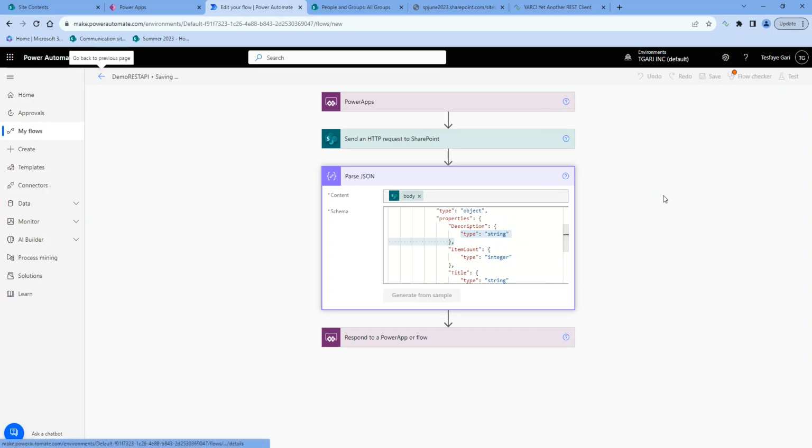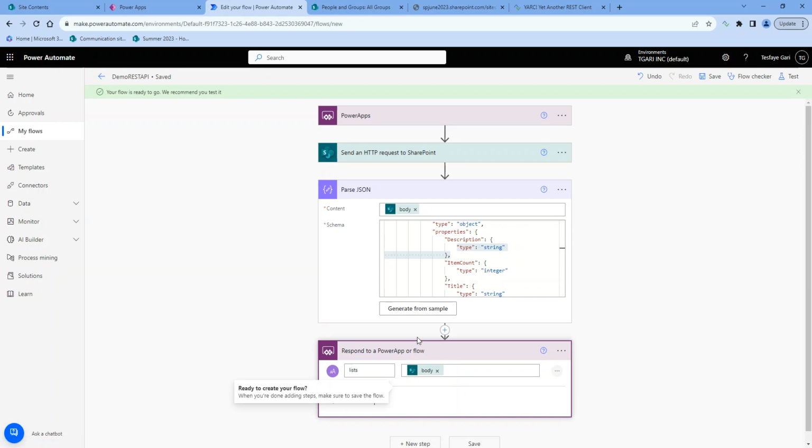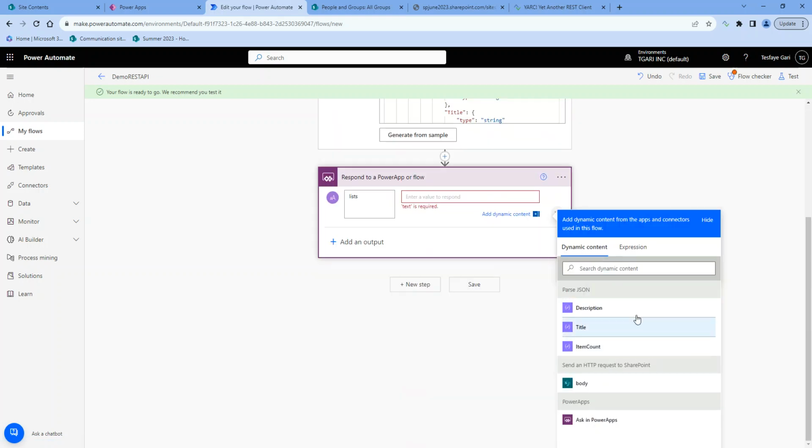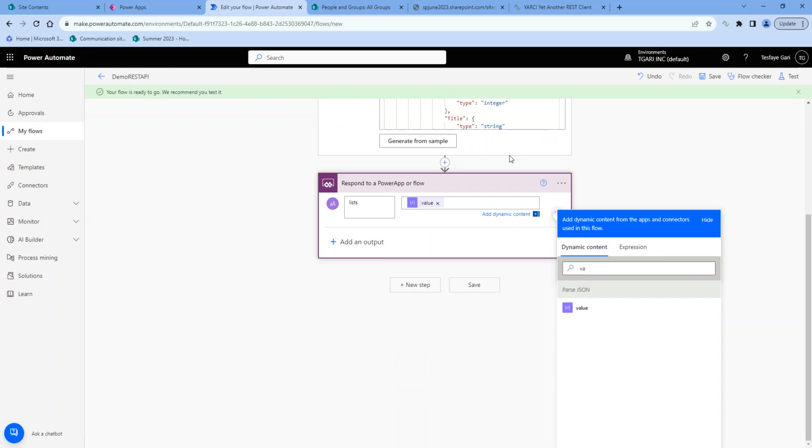Save it. Once I save that one, now for example what I have to return is not the body. You can say here, if I type in value, you see that I can return a value. So what it means is